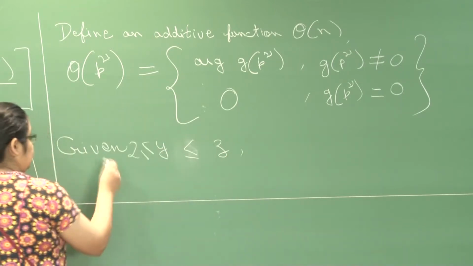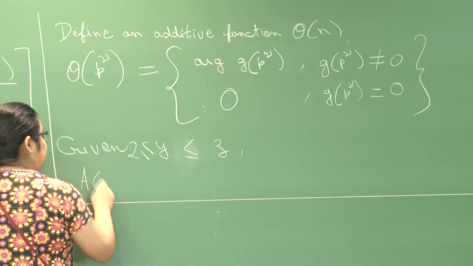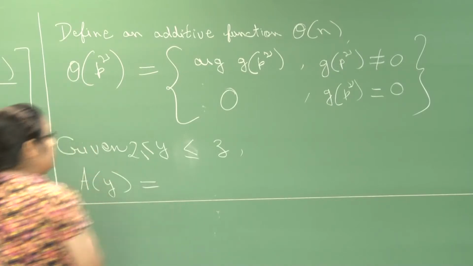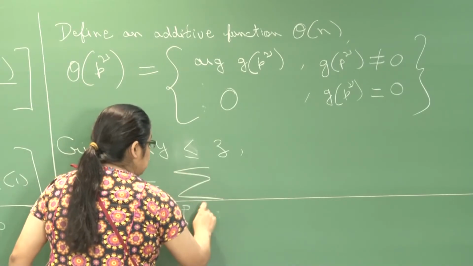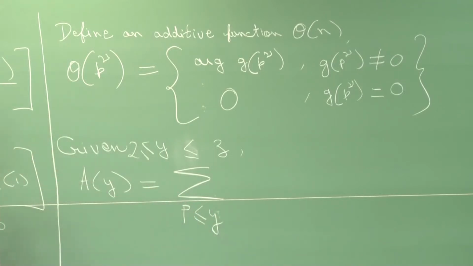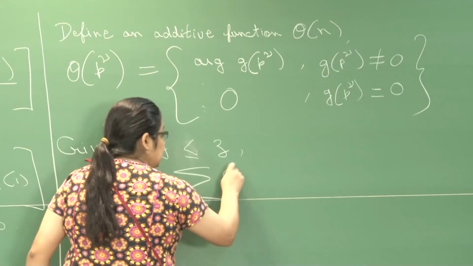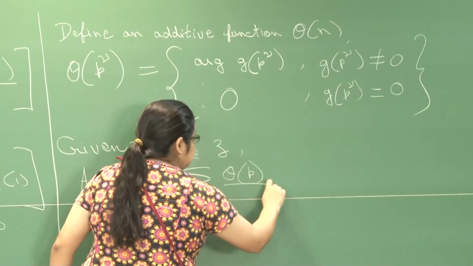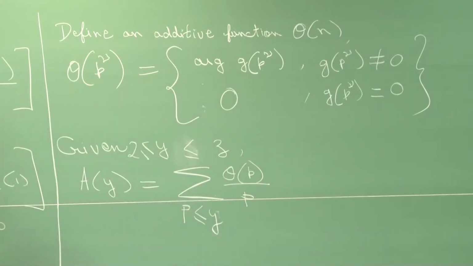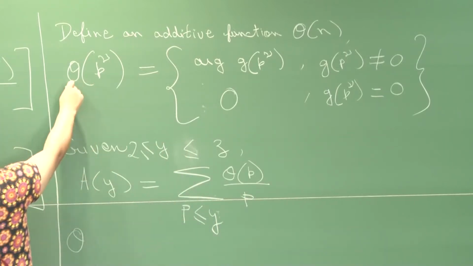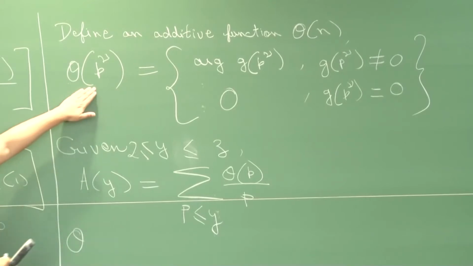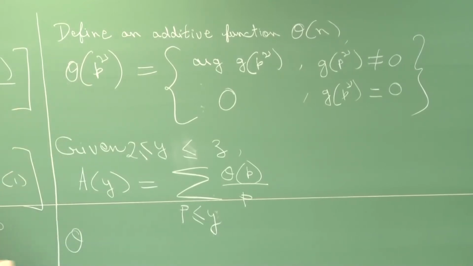Define a of y to be equal to, as we saw last time, the summation of all the primes up to y, theta of p over p, and we also extend,